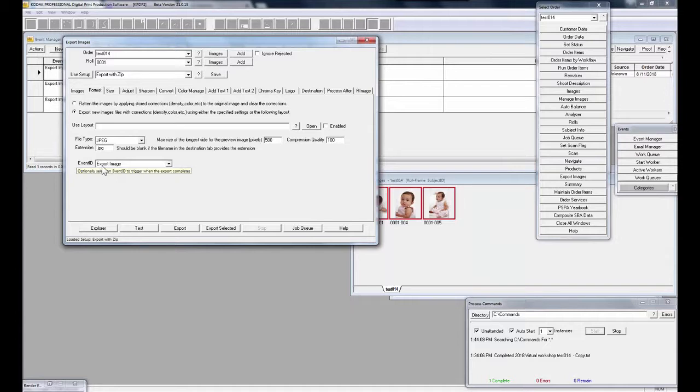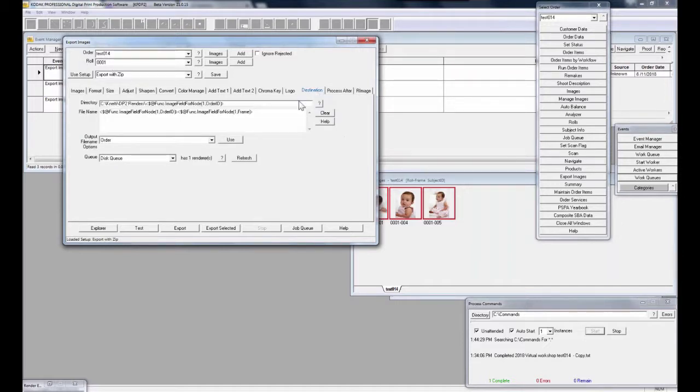There's a tool tip on there that says optionally select one of your event IDs to trigger when the export completes. So remember these guys, it's kind of like 3 steps. You have to set up an event. You have to somehow trigger it. Remember in the command file, I told you there's a trigger statement. I'll show you that if I have a chance in the session, but at a high level, grasp onto that. Well, this would actually be the way to trigger your export or whatever event you choose here when images are